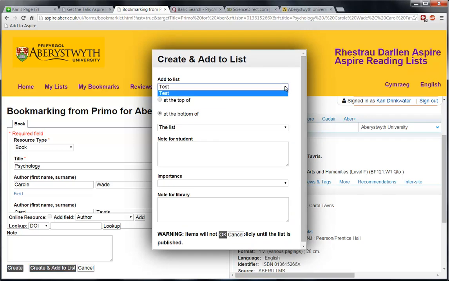And then I'll get a drop-down list of all the reading lists that I'm in charge of. I can tell it to add it to the top or the bottom. If I had sections, I could tell it which section to add. I could add a note for the student, perhaps informing them of how to best use that resource. For example, beware of bias in chapter 3, or pay careful attention to